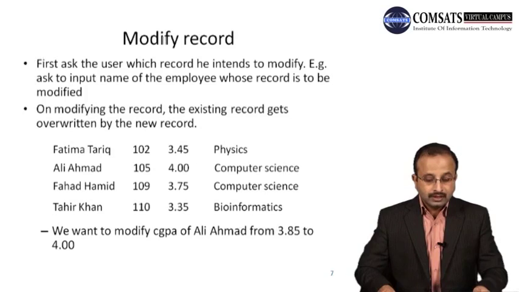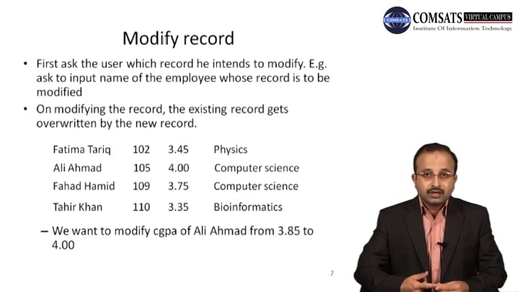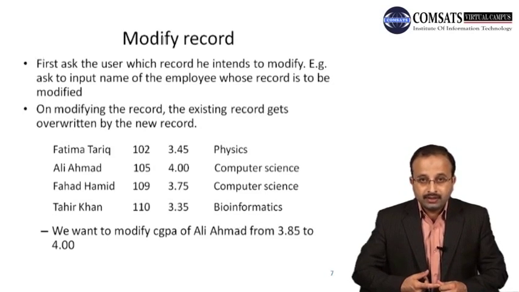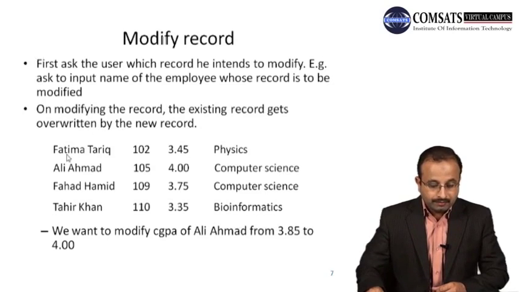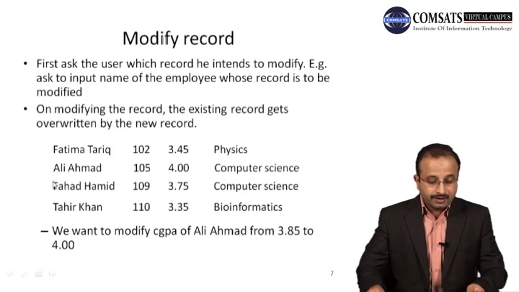Okay? So before modification, what you have to make sure is that the file pointer points to the beginning of the file. Why? Because you read the first record and you check the name. If the name in the first record is the same name input by the user, okay, you start checking from the first record. If somehow the file pointer is pointing to the second or third record, then it starts reading from the third record, because you have a file pointer